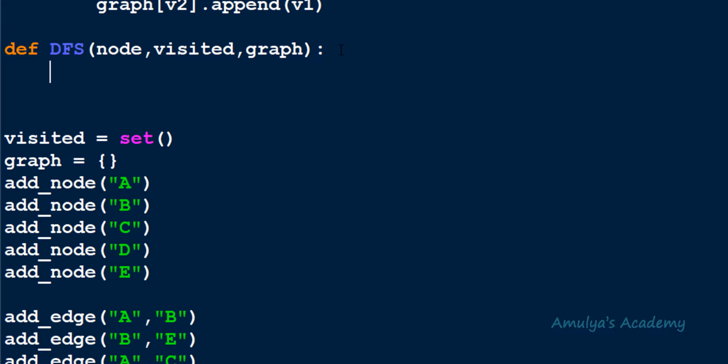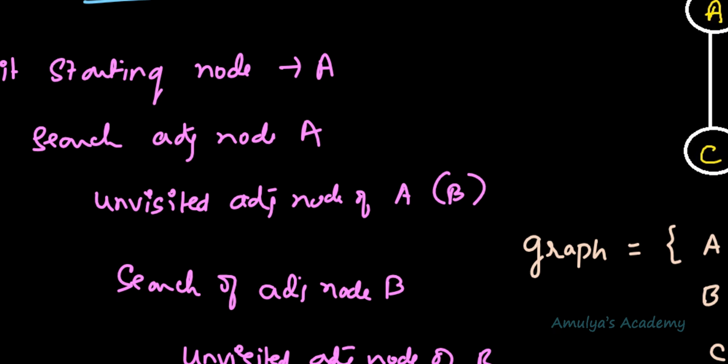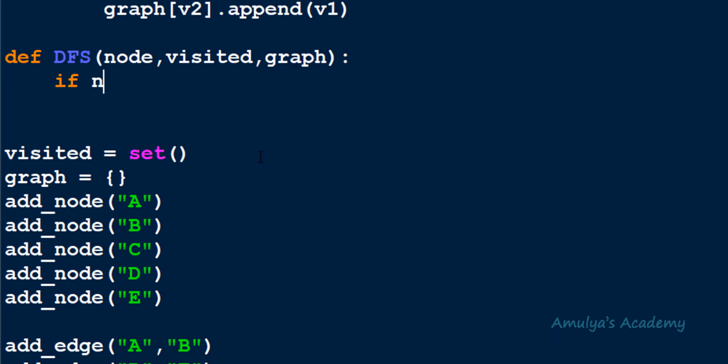Alright, so next what we need to do inside this function body. In the program, before visiting any node, first I'll check whether that node is already visited. For every node, I'll do this. That is, I'll check whether that node is already visited. How to do that? Here we already have visited set. You can check like this: if node not in visited. If node is present in the visited, then this condition becomes false. That means node is already visited. So that time no need to do anything.